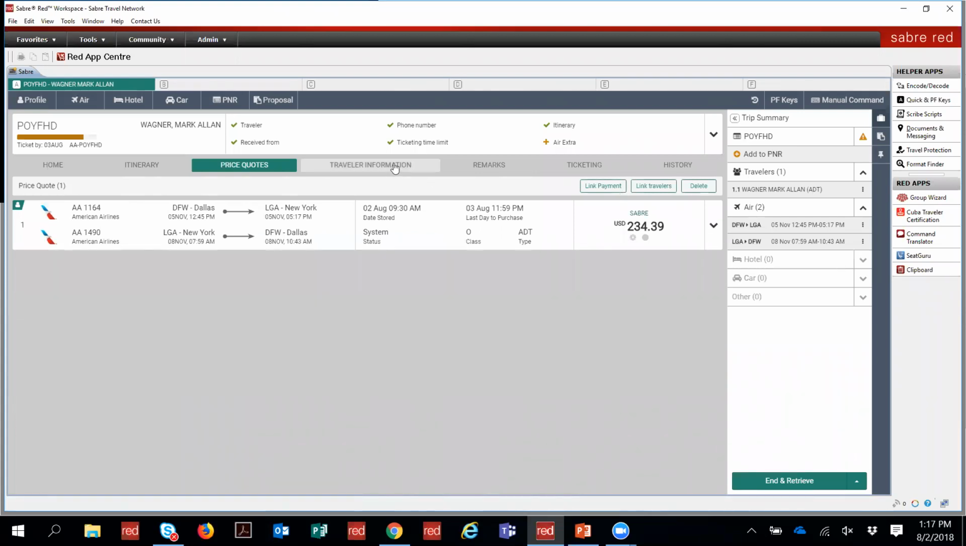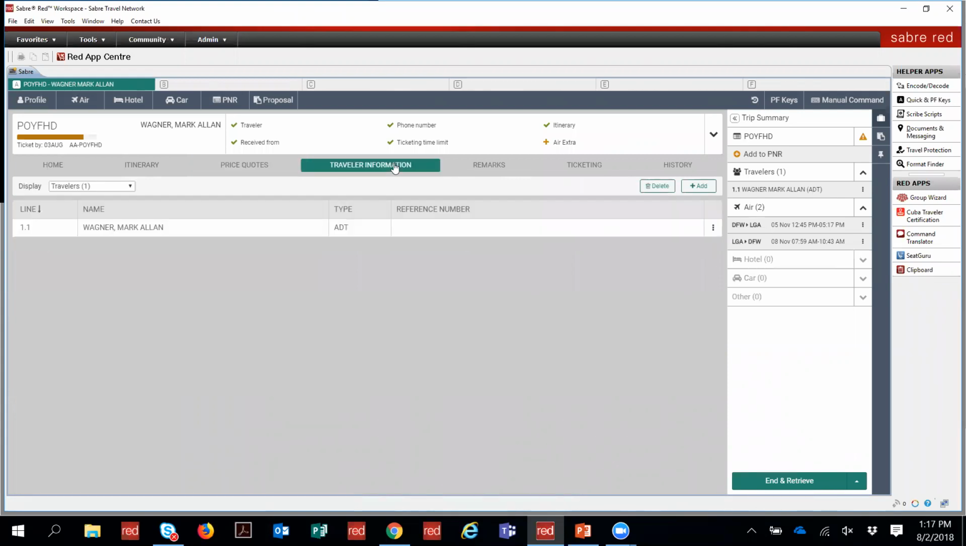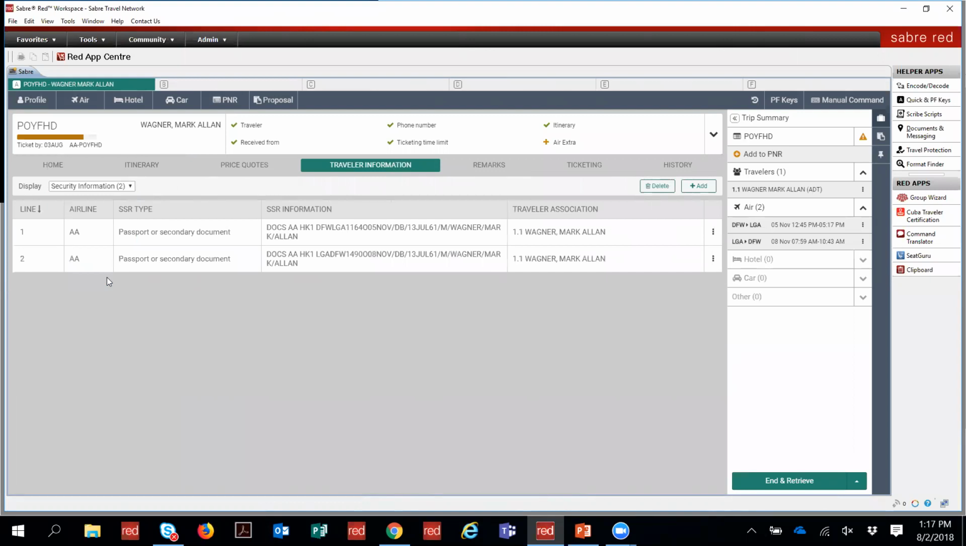I'm going to close that up. The traveler information that we briefly noted per traveler will have all of the details listed, including phone, email address. Your TSA secure flight data is also completed through here. And you can make any updates or changes or deletions if you needed to based off of whatever flight segments